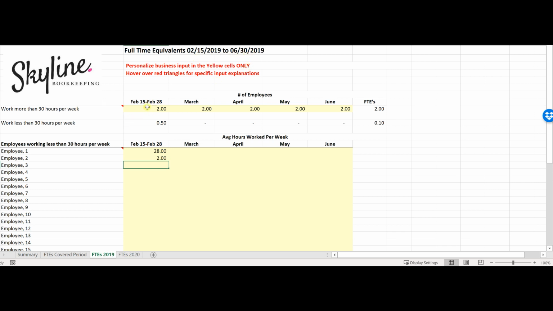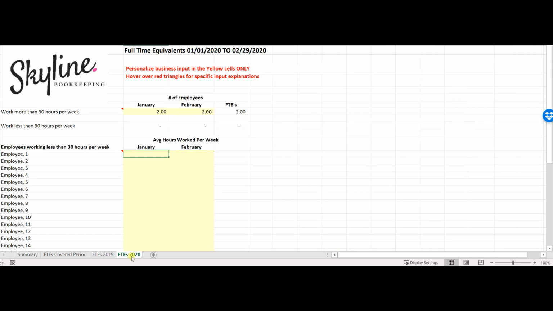The only confusing part about this specific tab is that there are only 2 weeks that we need to calculate as far as February 15th through February 28th. So if you need additional assistance on calculating that, please feel free to reach out to our office and we'll assist you with that. The next and final tab is the full-time equivalents employees for the time period 1/1 of